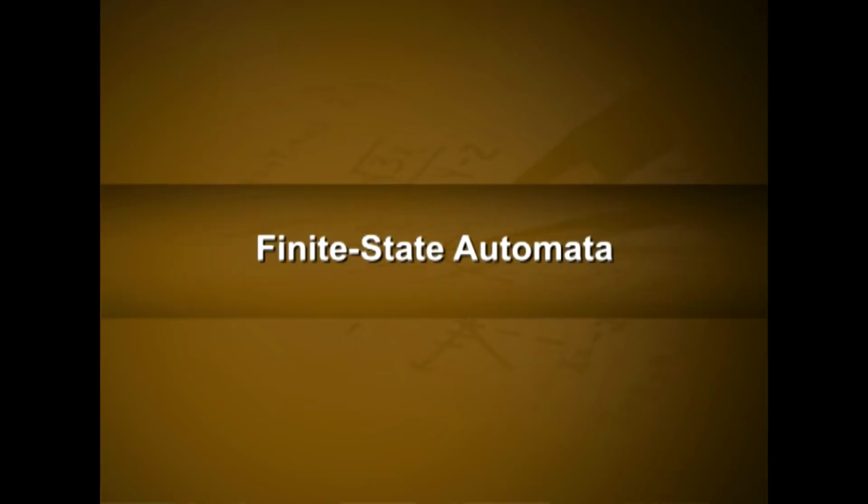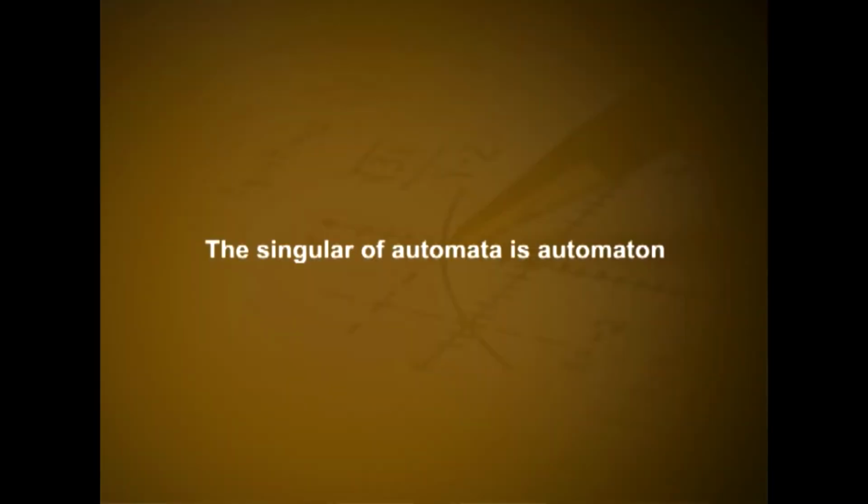Hence, C star is the set of strings consisting of an even number of ones, that is, C star is the set 1 raised to 2n where n equals 0, 1, 2, 3, etc. Finite state automata. We will now give a definition of a finite state machine with no output. Such machines are also called finite state automata, and that is the terminology we will use for them here. Note that the singular of automata is automaton.